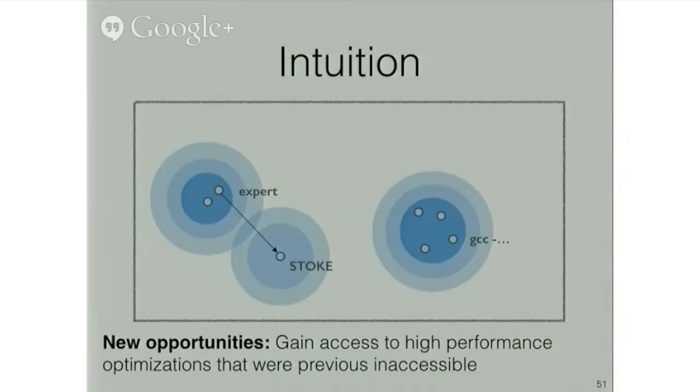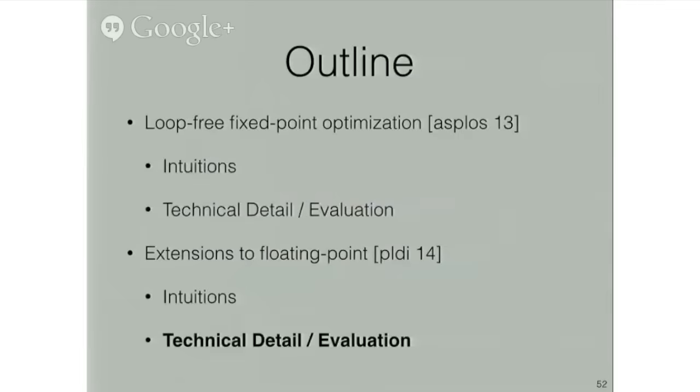And if we're lucky enough that our application domain allows us to make qualifications long enough, what we find is that in many cases we're able to join the blue correctness regions surrounding both the original expert code and the code produced by Stoke. And if we can do that, a random walk beginning from the expert code, so that's not synthesis this time, it's strictly optimization, only beginning search from an expert written code, we're able to produce the optimization, the Stoke code that I showed you a moment ago. So again, that's the intuition.